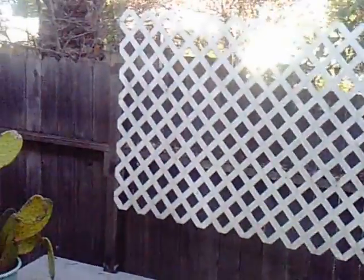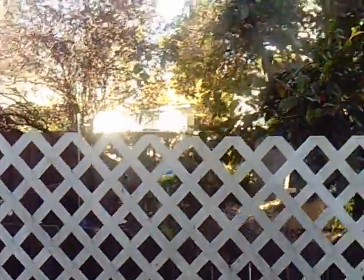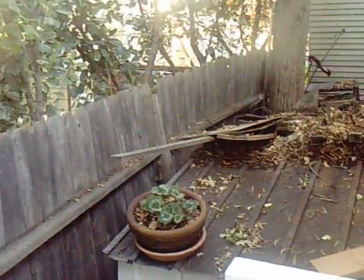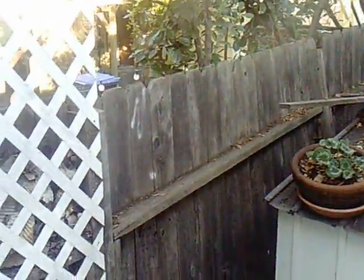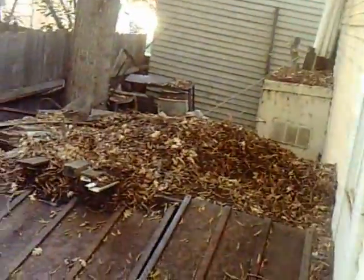Open the door, and this is the little deck I told you about. It's a little deck. That's the neighbor's backyard. I don't know what's over there. There's the little outbuilding and some plants and the fence, such as it is. Not my fence, somebody else's fence. And yeah, big oak tree, big palm tree,